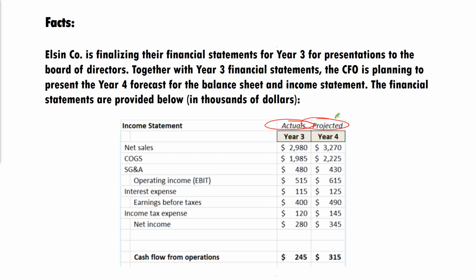So what the CFO intends to do here is to use ratio analysis to explain here's where we are and here's where we think we're going to be, and then provide some interpretation. So over the next few slides, we're going to be using these financial statements in order to provide context for each of the ratios we're going to look at.